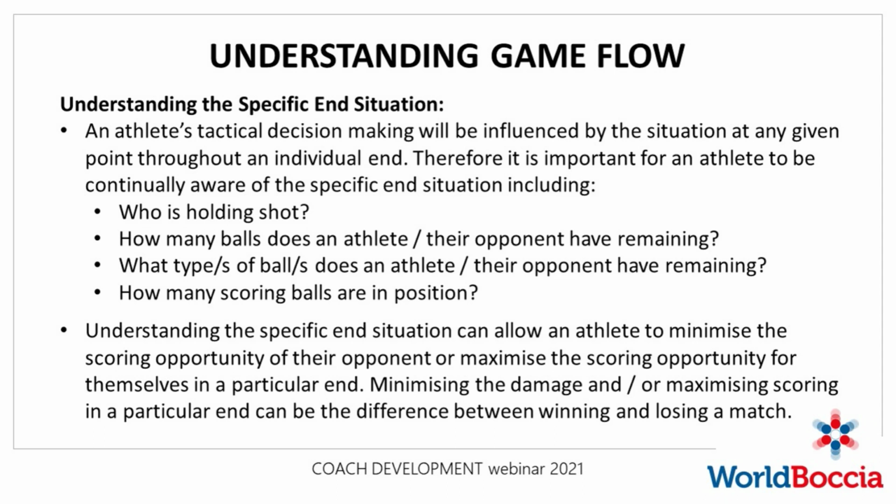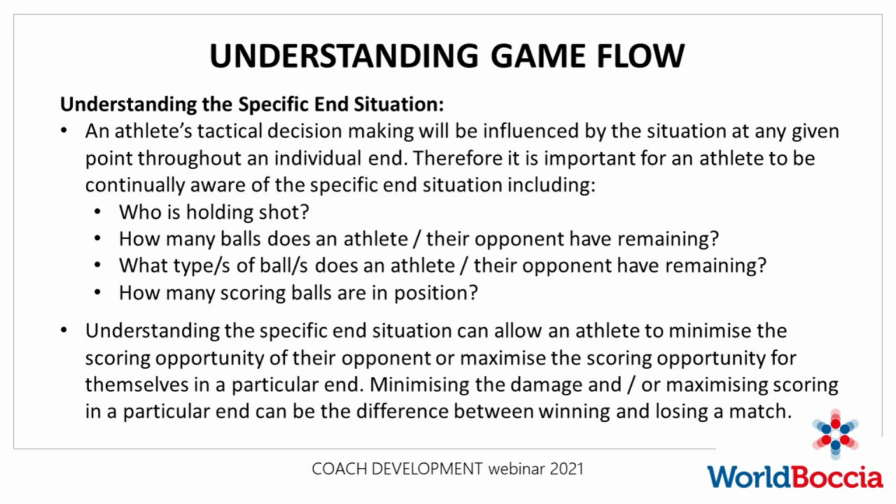So if our opposition is left with softer balls towards the end of an end, you can probably understand that they're going to be looking to play more placement shots, and maybe if they have good power, push-on shot, push-off shot. Whereas if they have harder balls left, know that they're probably going to be looking to use existing balls on court to help increase the success ratio of their shots. So they'll be looking at more push-on, push-off, ricochet, and smash shots. It's really important to have an understanding of, first of all, what our opponent's ball arrangement is heading into a match, and also making sure our athletes are being aware of what balls their opponent has left as they play each ball.